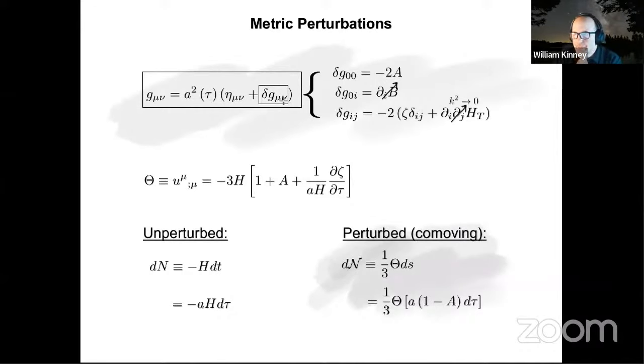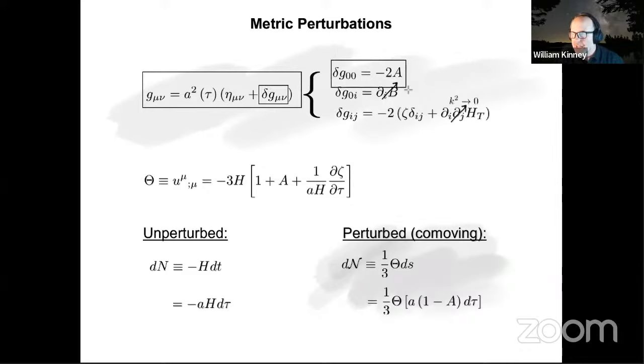And I am going to take the SVT decomposition, and I'm going to consider only scalar perturbations. We'll talk about tensor perturbations later on, right? So as David has already told you, I believe, this can be decomposed into things that transform as scalars, things that transform as vectors, and things that transform as tensors. In inflation, vector modes are exponentially damped and we don't care about them, so we forget the vector modes. The tensor modes are gravitational wave modes, and those are actually the simplest thing, and I'll talk about those in a minute. The complicated thing is the scalar modes.